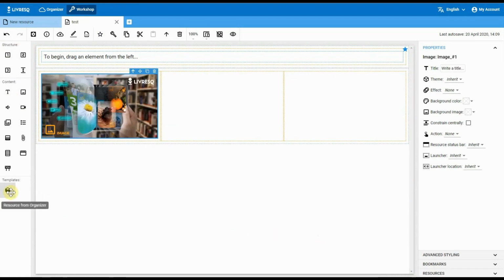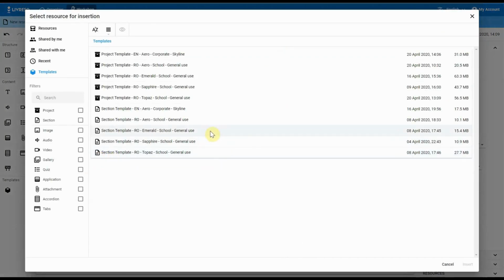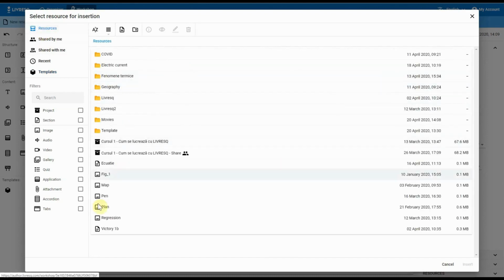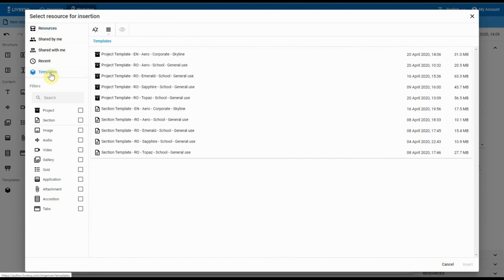To do this, I drag from the left side on the screen, in the section where I work, the icon from the templates menu. The organizer page opens, from which I choose what I want to insert. I can insert anything from a simple resource previously made to sections made by me that are found in different directories,